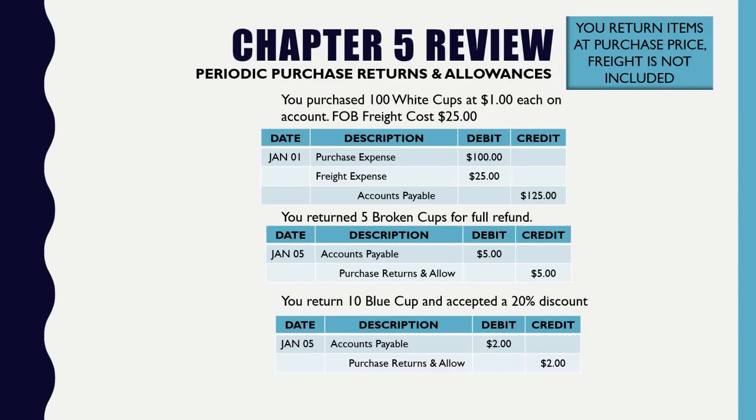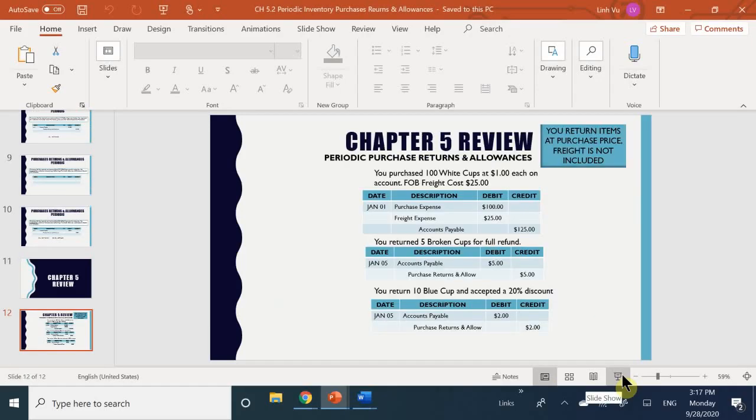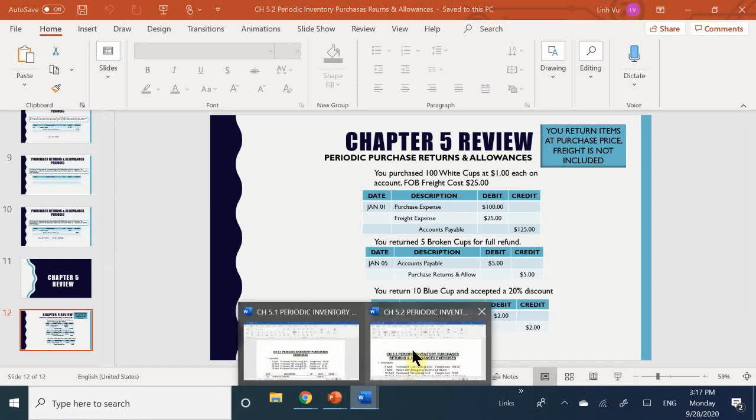And that is the summary of this chapter. So it's a small section, and usually I put them all together. So in this case, here's a little quick review on what happens when you make your purchase returns or allowances, right? The original one is making the purchase. The second one is making a full refund, and the other one is making an allowance, an attempt to get a full refund, but they give you a discounted price on top of that. So that is it for chapter 5.2. So let's go ahead and dive right into the exercise here.